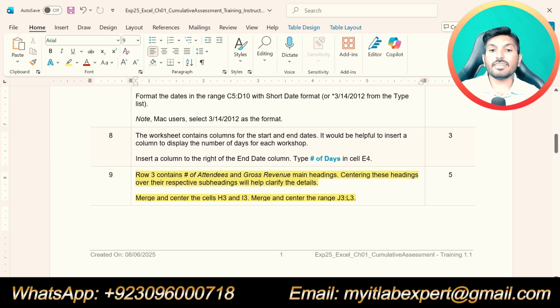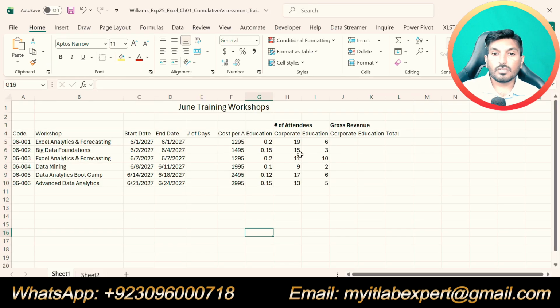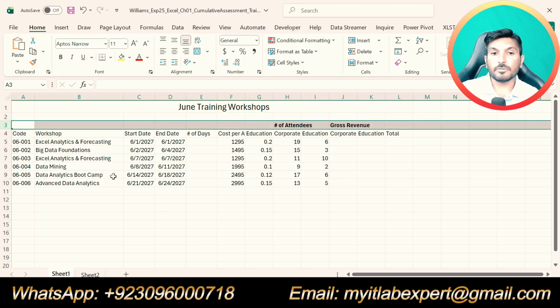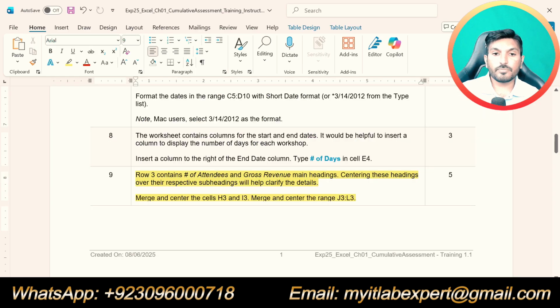Row 3 contains number of attendees and gross revenue main headings. We have number of attendees and gross revenue that are the main headings given in row 3. Centering these headings over their respective subheadings will help clarify the details.